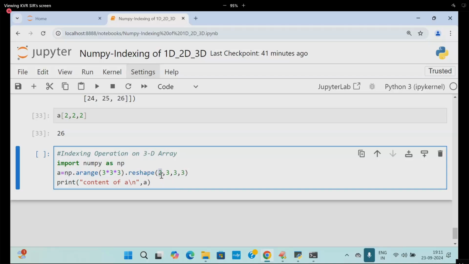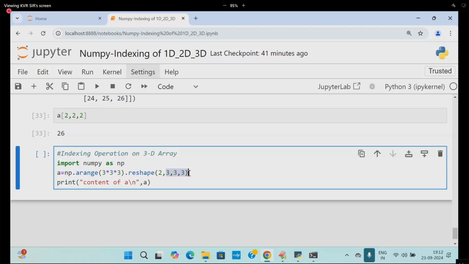In each, three states, three districts in the form of rows. In one state, the north part and the south part, with some division. So 2 times 27, that is 54 elements.